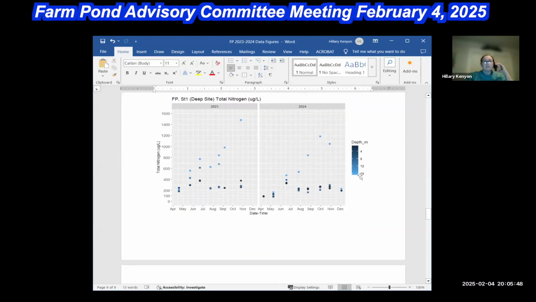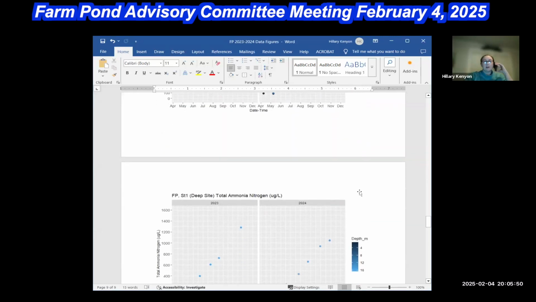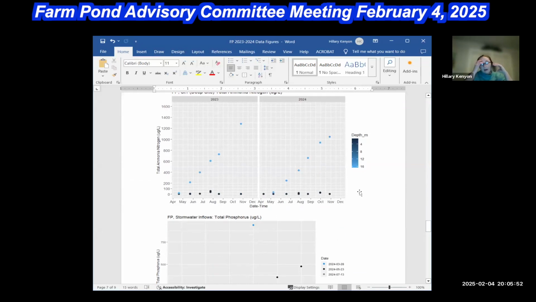Therefore, they will have a greater phosphorus runoff coefficient than forested area. I did a background model just to estimate, if the whole lake was forested, what would the annual load be? And I came up with about 24 kilograms, which was about